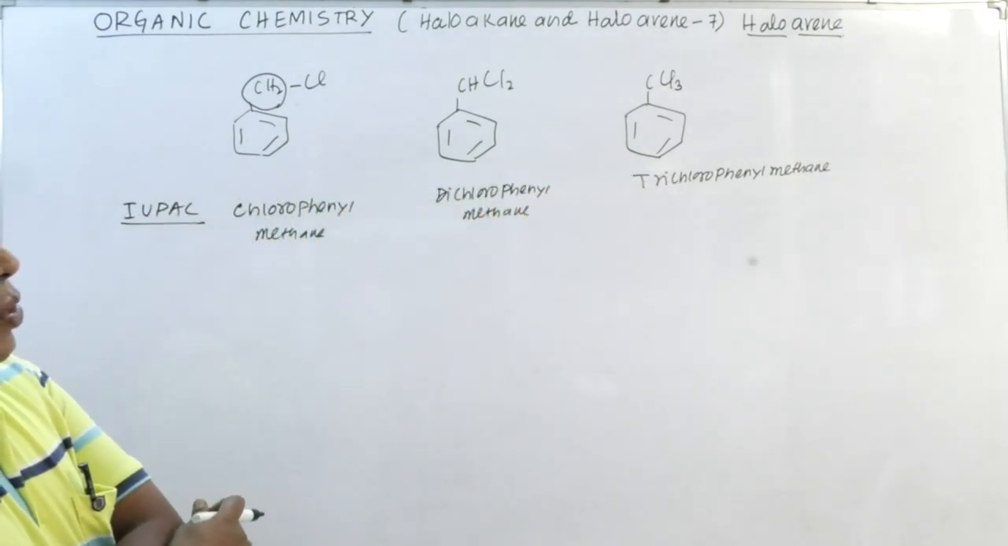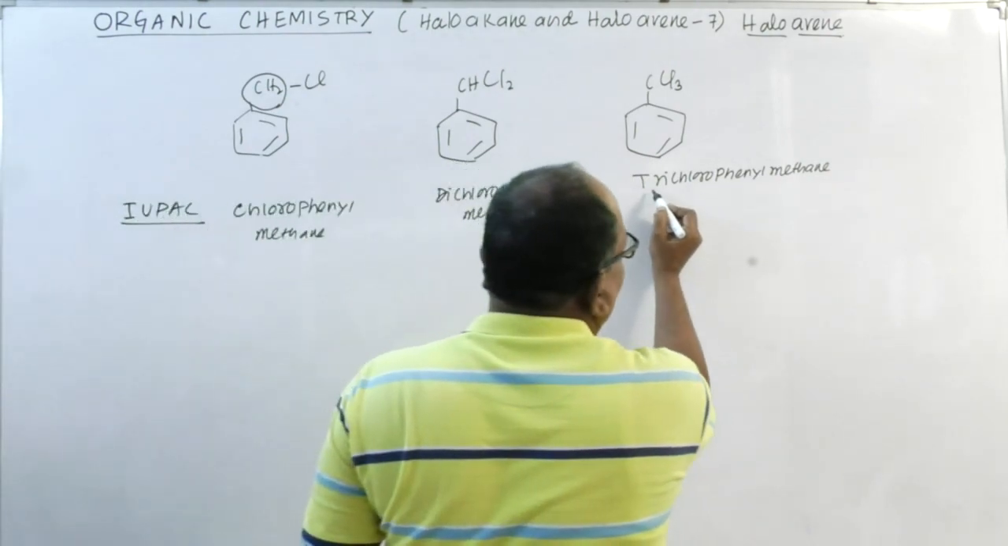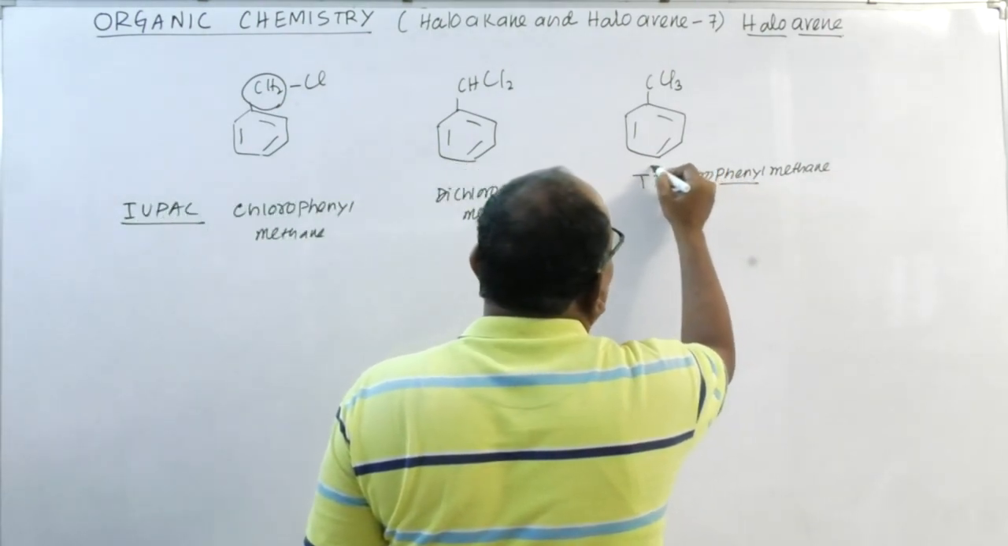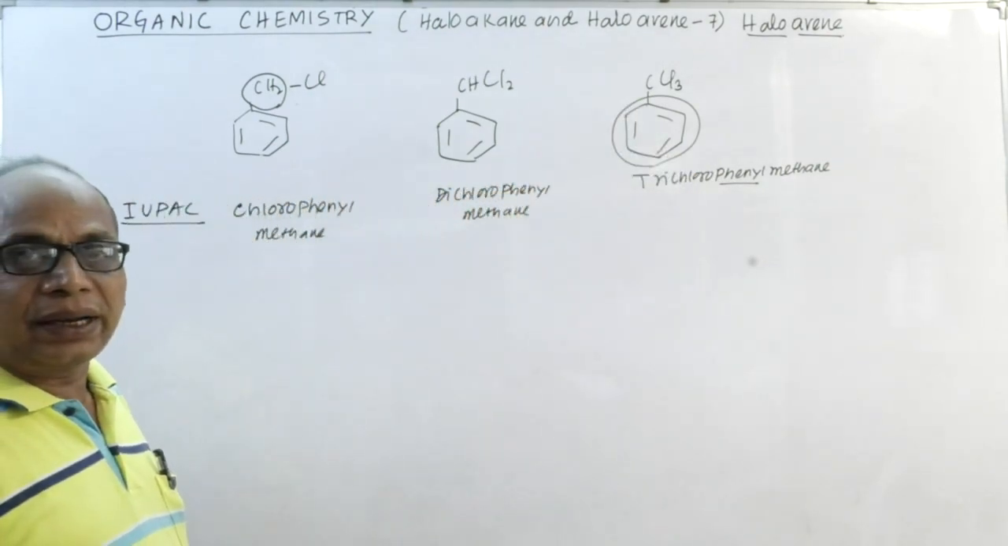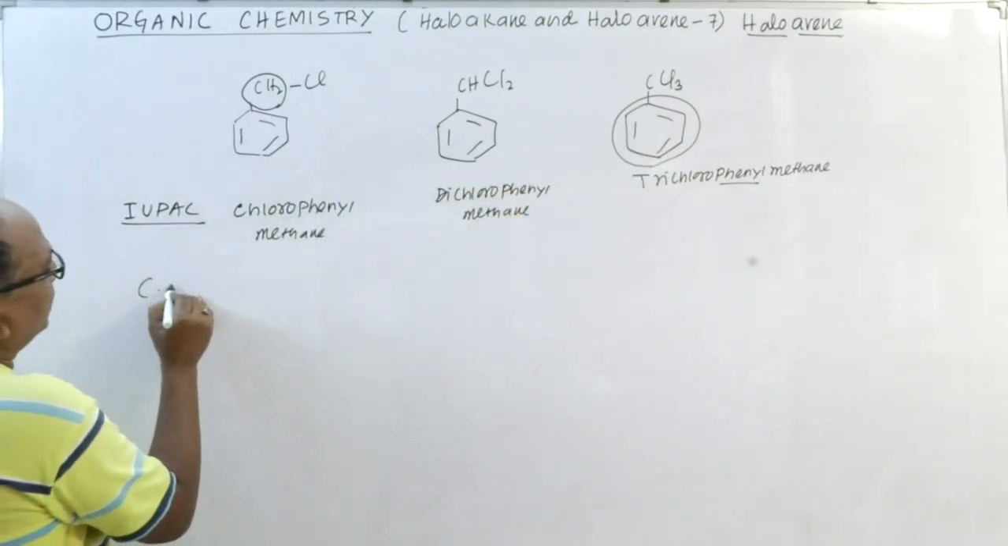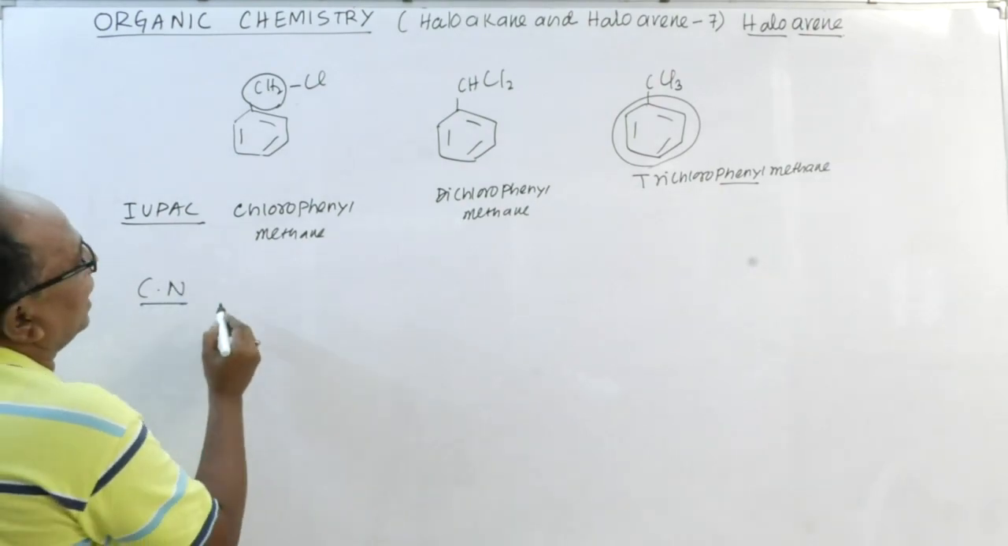So what is this trichlorophenyl methane? That is, 3 chlorine atoms are there, and the phenyl group means this group is called the phenyl group. That's why it's called trichlorophenyl methane. In the common name, common system, this is called